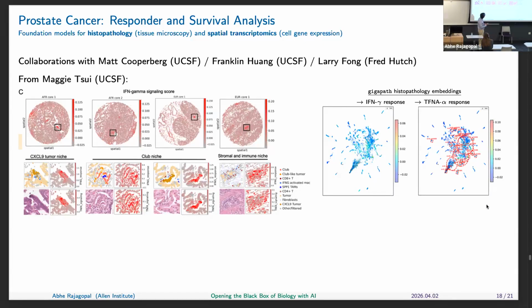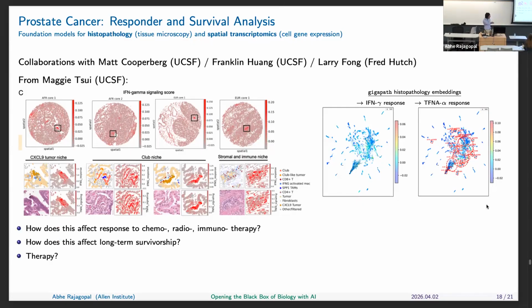Each one of these pictures here is a biopsy slide. So for a prostate biopsy, you get a piece of tissue, you put it on a slide, you're able to take an image of it, and you're able to run spatial transcriptomics. What I'm saying here is that just from looking at the histopathology, I'm able to predict these gene expression scores because I'm able to subtype, or very finely subtype, the output of the prediction.